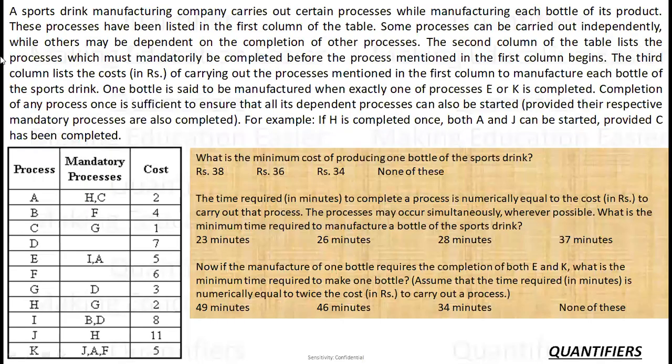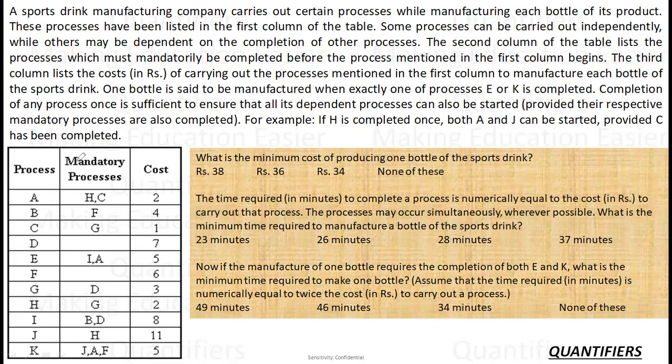The set says a sports manufacturing company carries out certain processes while manufacturing each bottle of its product. These processes have been listed in the first column of the table. So these are the processes that have to be done. Some processes can be carried out independently, while others may be dependent on the completion of other processes. The second column of the table lists the processes which must mandatorily be completed before the process mentioned